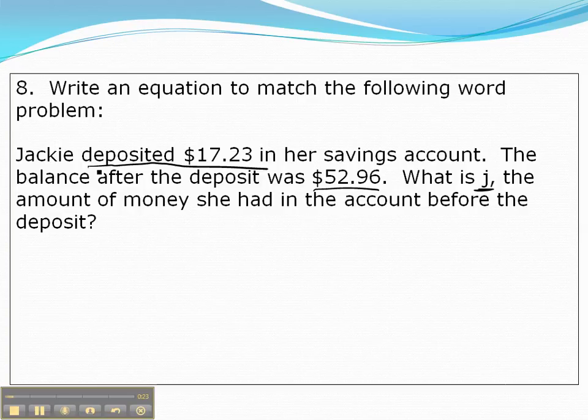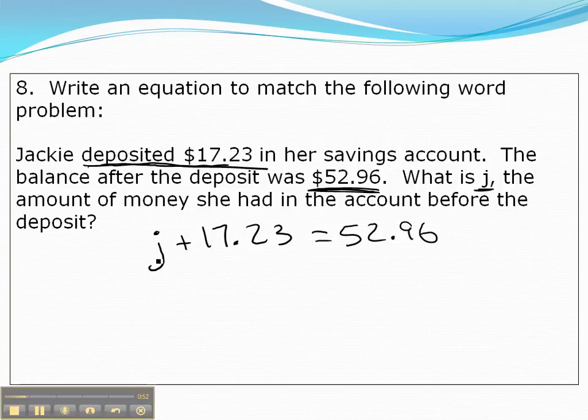Well, depositing money, we've talked about this several times this year, is adding money to your bank account. So we're going to take the original amount of money, J, the amount that she had before the deposit, and we're going to add $17.23 to that amount, and that will equal the balance after the deposit, which is $52.96,